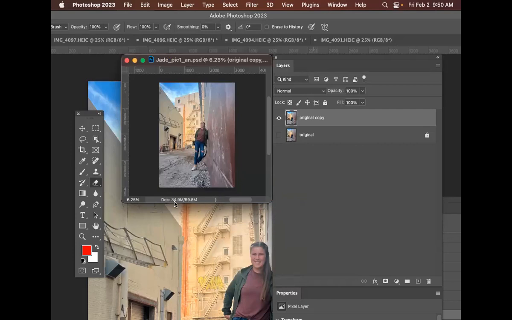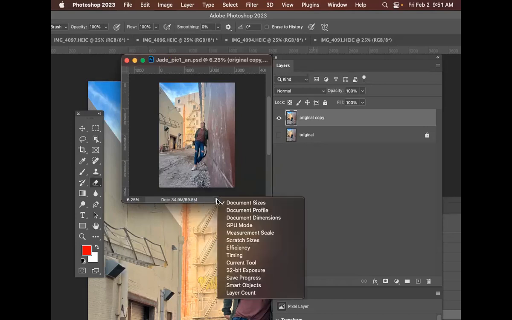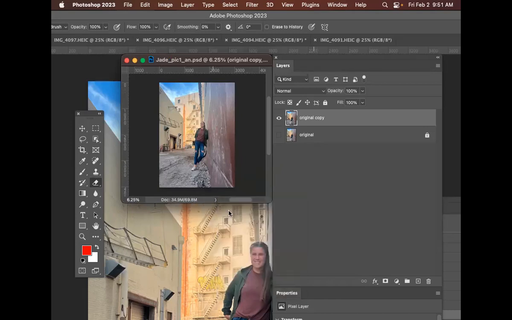If you notice right here, it says 34.9 for mine. Yours is going to be different. Depends on how many pixels are in there and what size format your picture took this, right? So this is flattened if you were to save it flat with no layers, right? But we created a layer. Notice how it's double the size, right? Because we've created 2 layers. All right. Then you got document profile